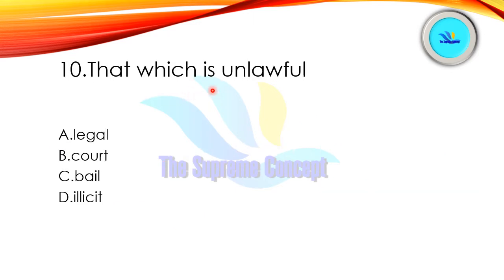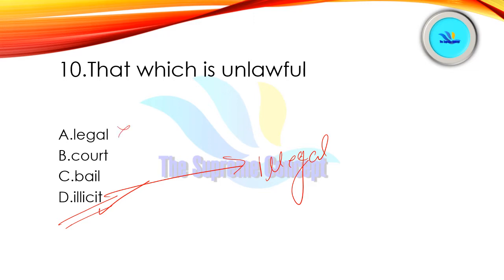That which is unlawful, and the options are legal, court, bail, illicit. Just find out your answer. Yes, option number D is correct here. Illicit is the correct answer. Illicit means illegal. And legal would be its opposite, so we cannot take this as our answer. Court. Court means court of law, right? And then bail. Bail means